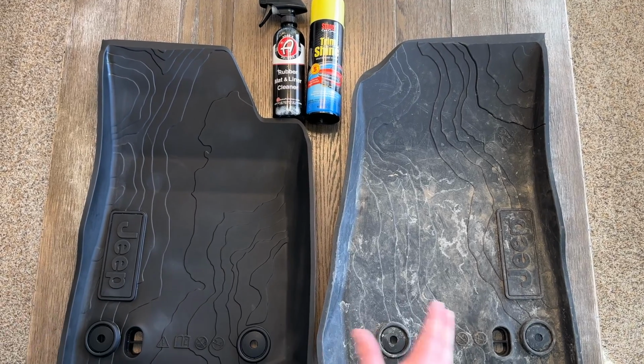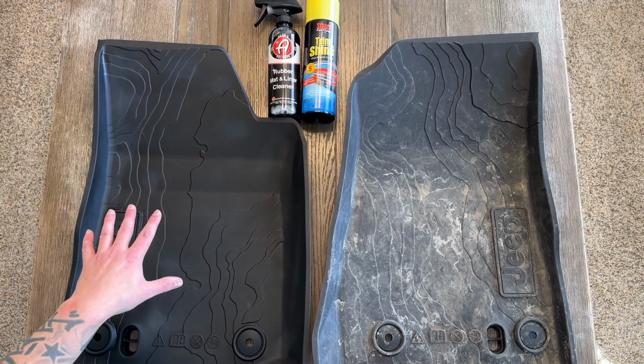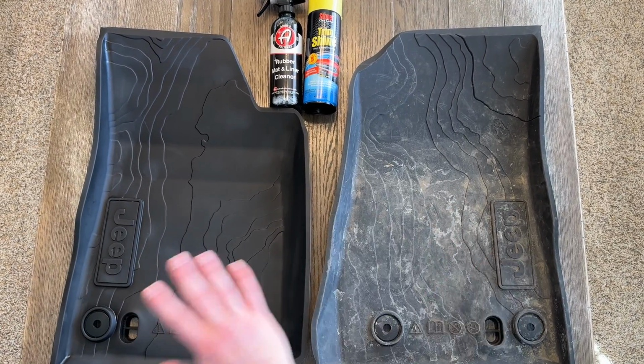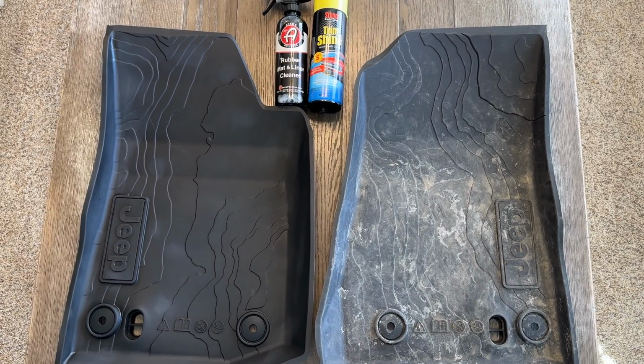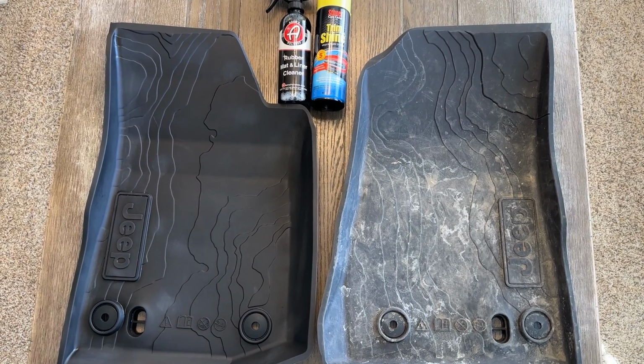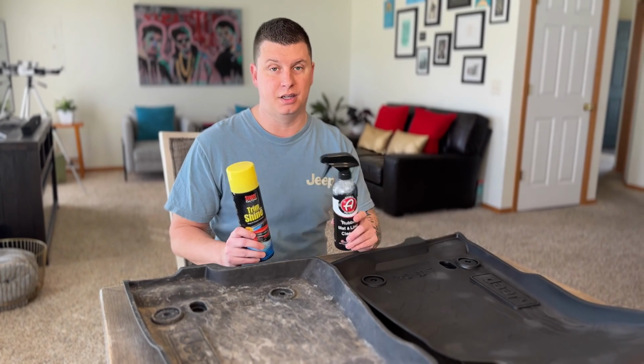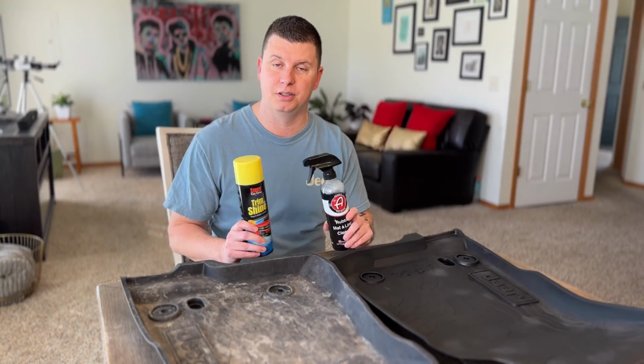All right guys, I just wanted an overhead shot. This is one we cleaned with rubber mat liner cleaner and trim shine, and this is what it looked like before we washed or did anything. You can really tell the difference. It looks great. Yeah, I would definitely use this. All right, so as you can see the before and after, I definitely recommend using the Adams cleaner and the